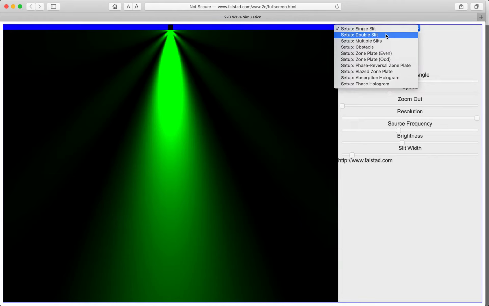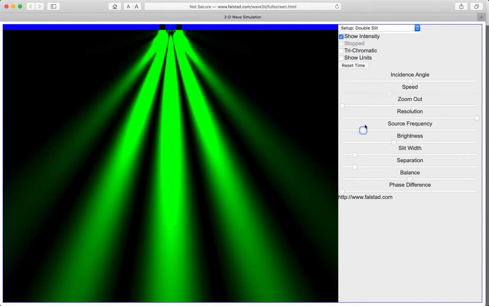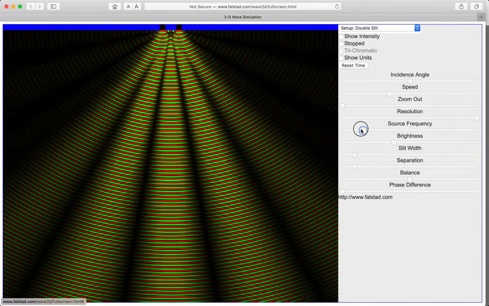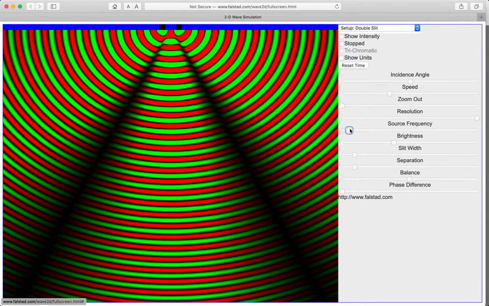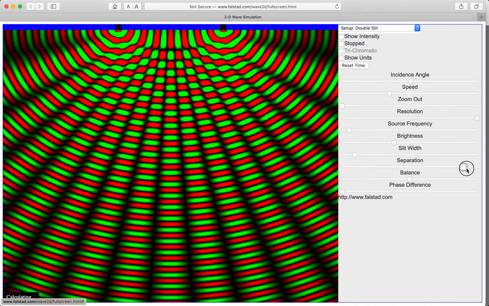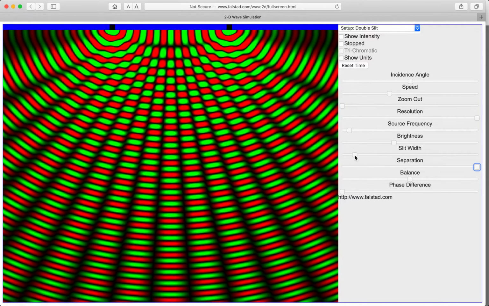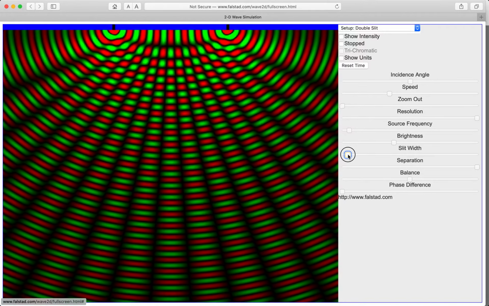Let's switch over to two slits so we can look at constructive and destructive interference. So what I'm going to do is go back to a much lower source frequency, and I'm going to turn off the intensity and go back to showing the wave function. And I'm going to change the separation between these two slits. And here you see a nice